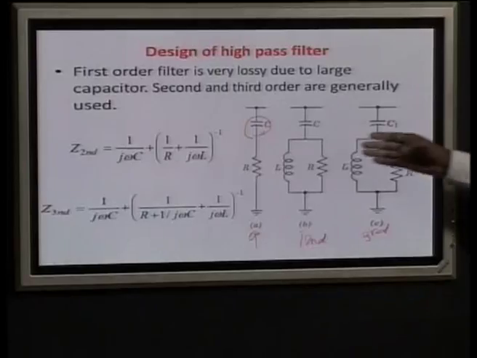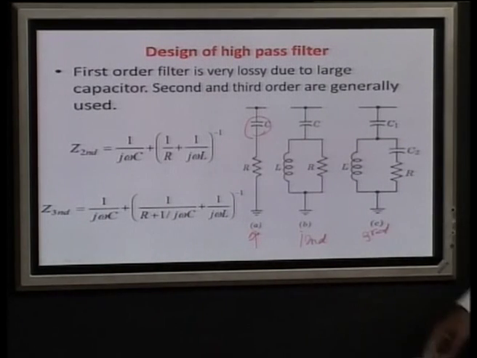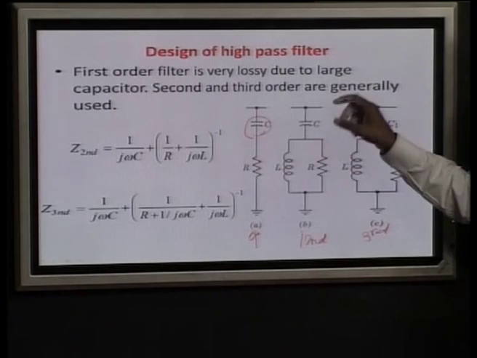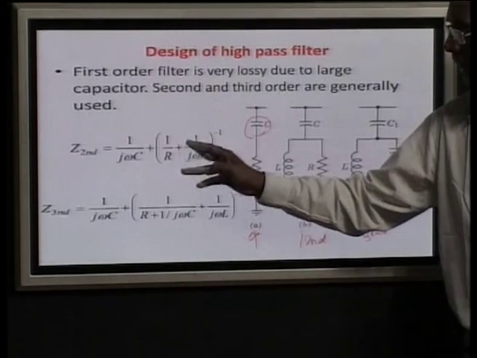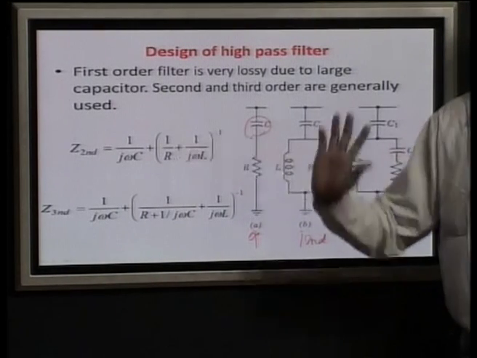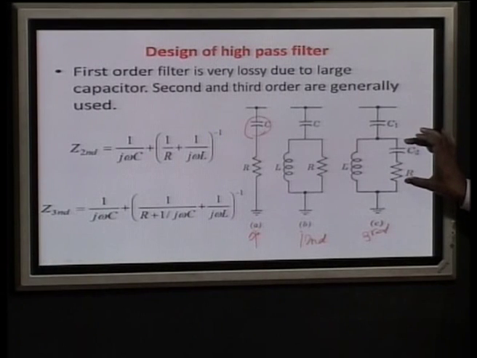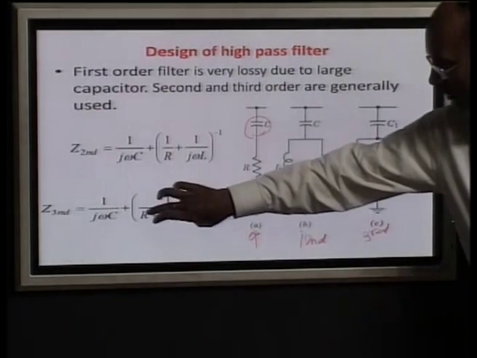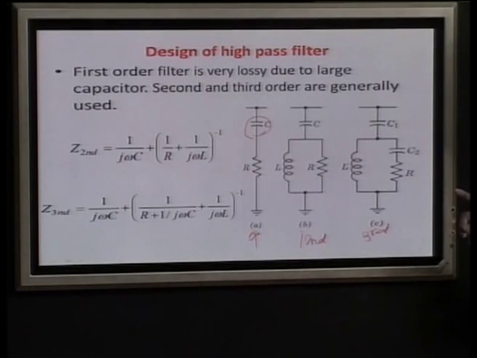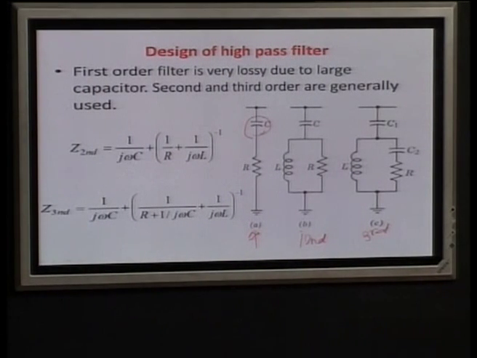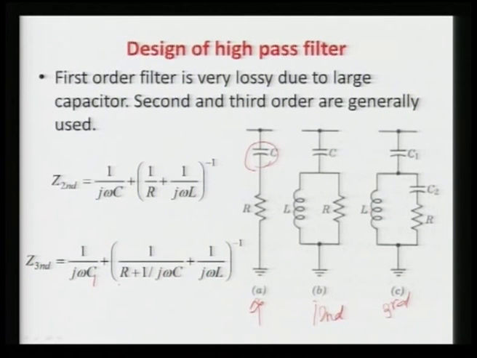Now, based on the RLC here, we can write the impedances. The impedance here is 1 over j omega C plus the parallel combination of R and L, which is written as 1 upon R plus 1 upon j omega L, inverted. Similarly, here we have this series with the parallel of L, and then C is added. Here is the only mistake I have made: C1 and C2 are there, so both C are written here. I can say it is your C1, here it is your C2. In this case, it is a simple C. So, this is your impedance.